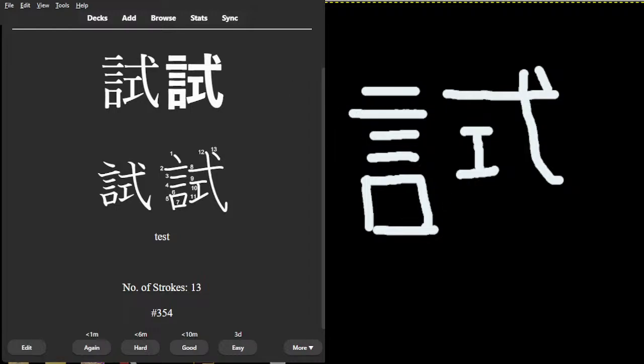All right. So hopefully that's good enough. As you can see, it kind of looks like what test is. I'm going to give that good. So you're supposed to answer honestly, like, okay, this was easy, like the first thing I thought of. Good is like, oh, I kind of got it, but I had to think about it. Hard is